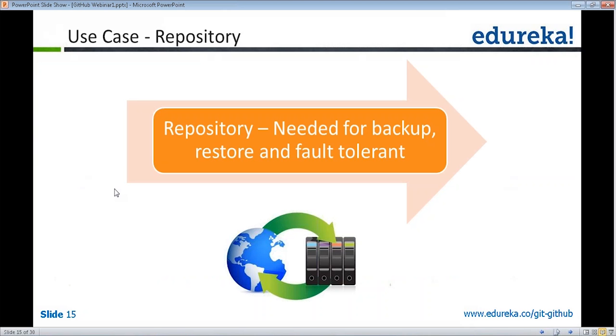So the next use case is the repository. Whenever you are creating a project, you will be using some kind of repository so that if your laptop crashes, your code will still be on a central repository which is accessible to all other people. When your laptop comes back from the crash, you can copy the project from the central repository. So the repository is needed for backup,